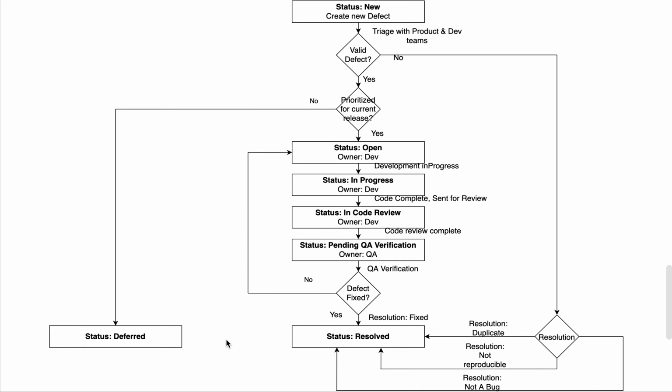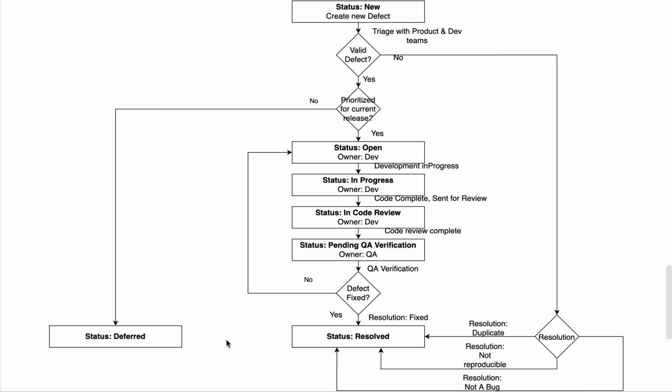Once the defect is created, whoever is the reporter, be it the QA team or UAT team, they provide all the attributes and all the details, and then those defects will be triaged with the product and dev teams. Triaged in the sense that, every day, based on the organization and team standards, they set up a meeting saying, we found so many defects, let's go through all the defects and prioritize them, so that those defects can be picked up by the dev teams and worked on, so that QA can verify and release it to the customer in the next launch. That's the overall